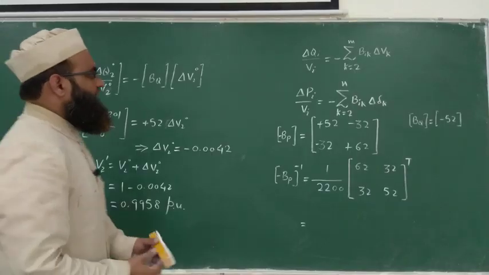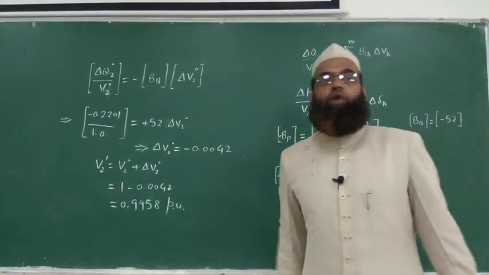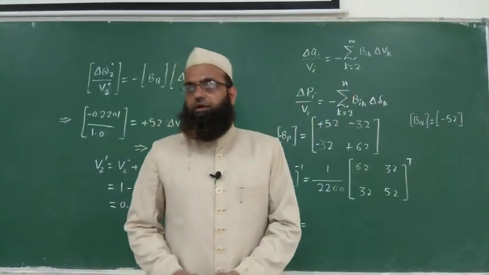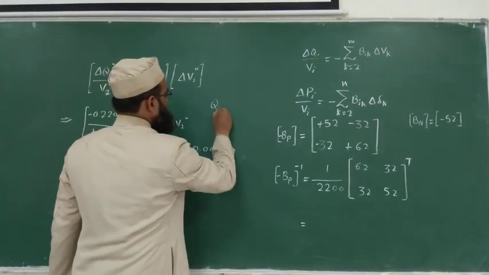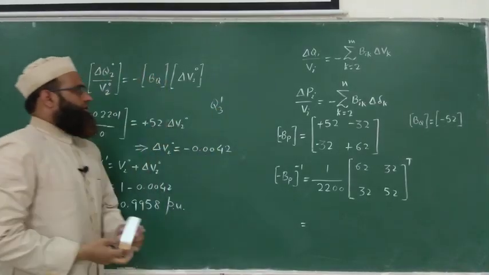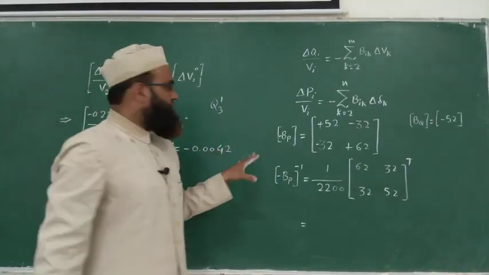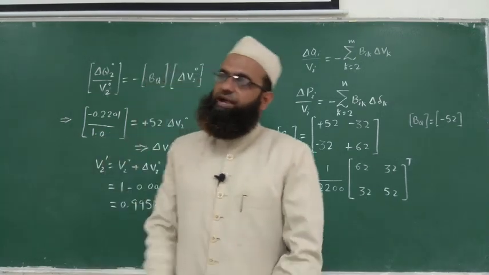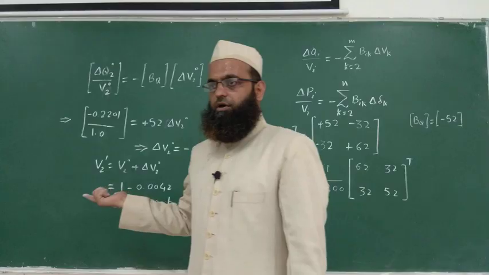So this way we have evaluated the 3 variables out of 4 variables. So fourth variable is Q3. So you need to evaluate Q31. Substituting the updated values of the 3 variables, you need to evaluate Q31, and the remaining procedure will be same as that of Newton-Raphson method of load flow. Same termination criteria. Fine.